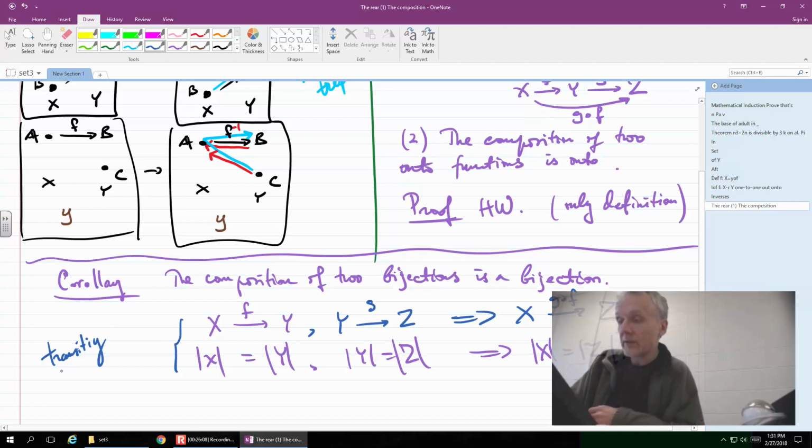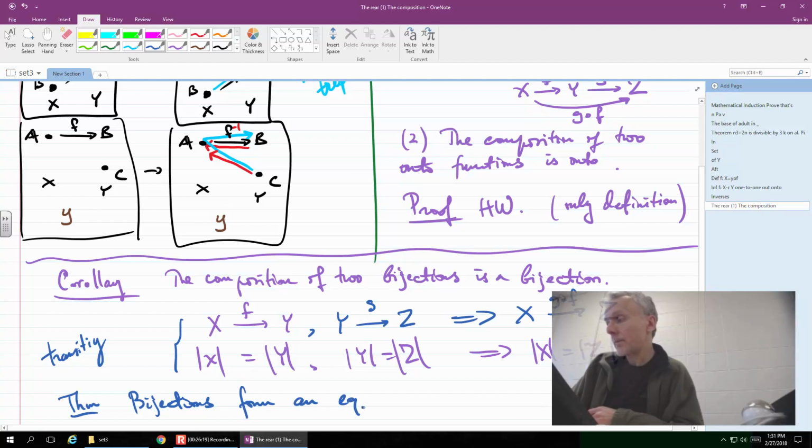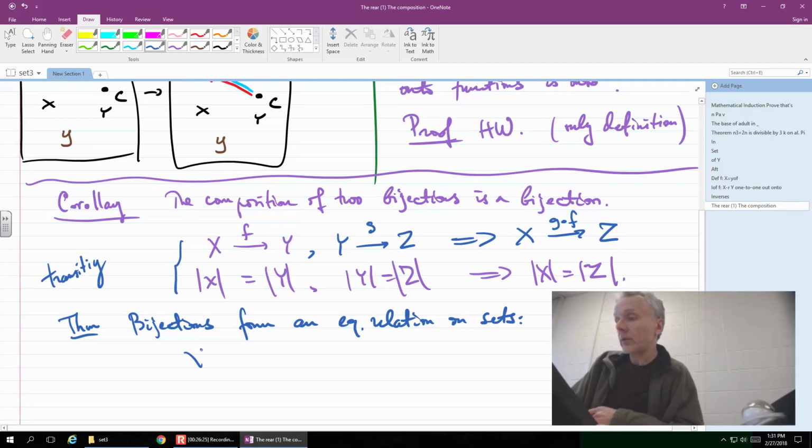So once again, bijections form an equivalence relation on sets. In other words, X is equivalent to Y, two sets related to each other, if there is a bijection